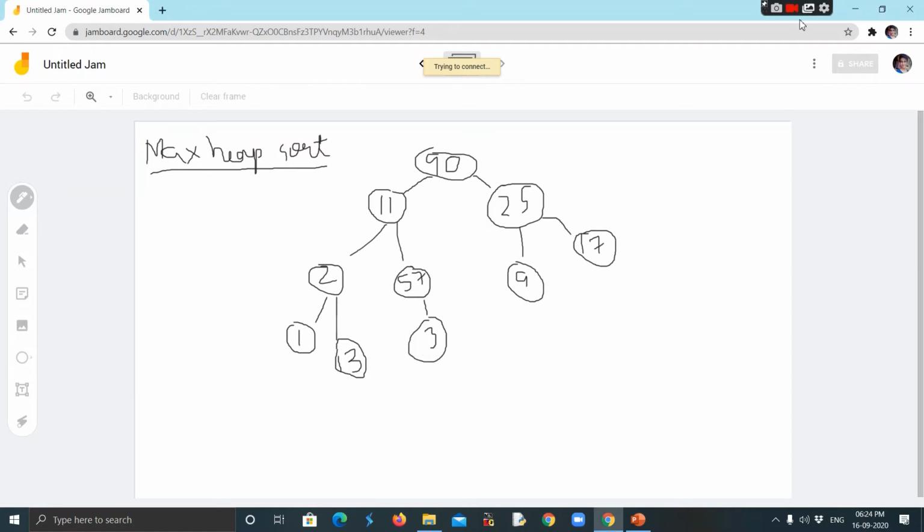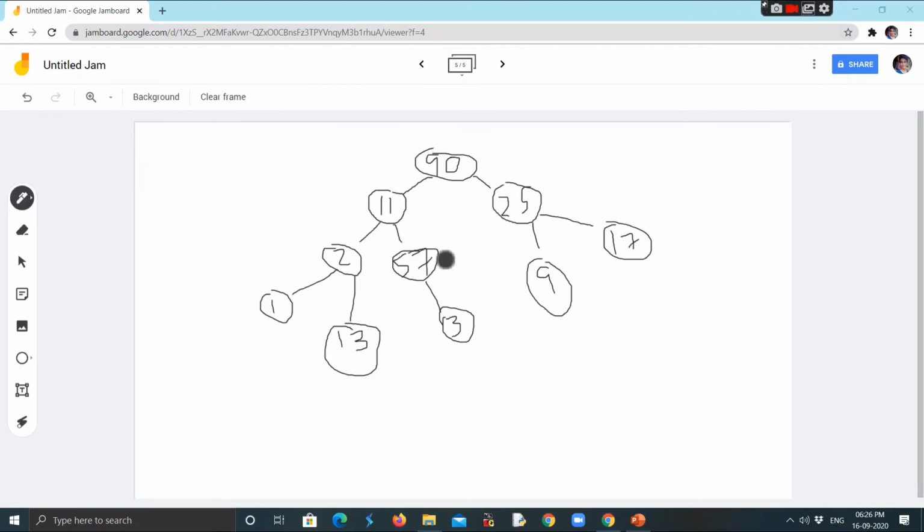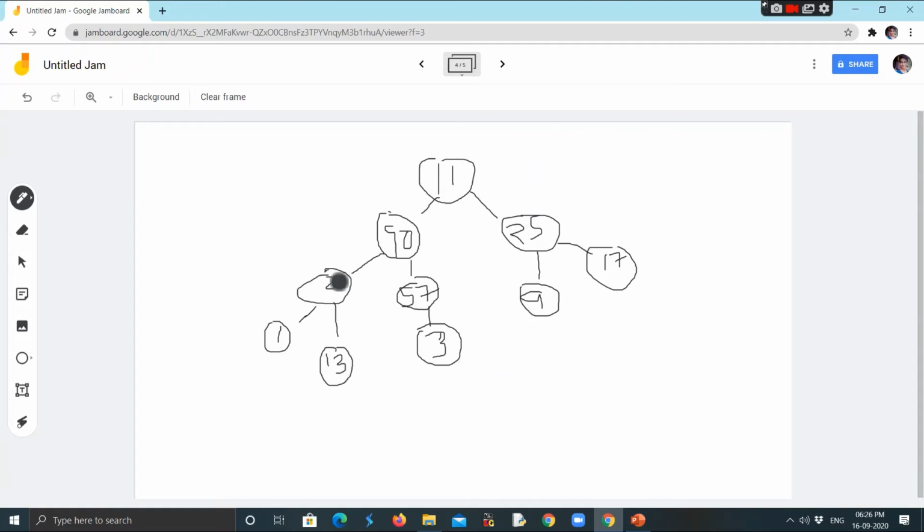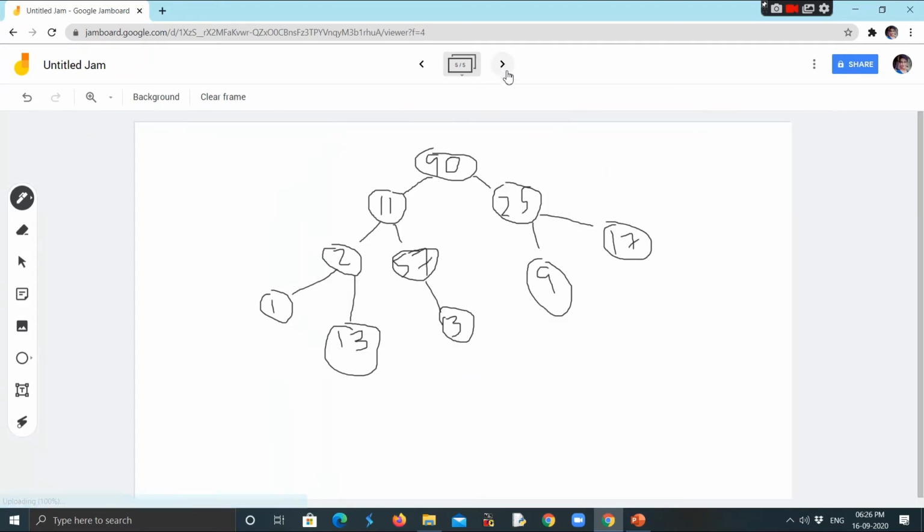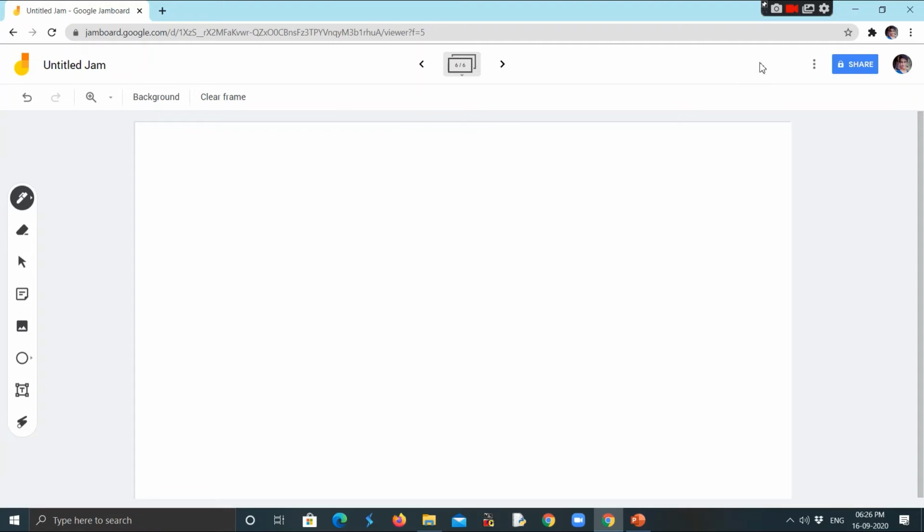So what will we do now? We have to do the heap sorting once again. We cannot call this a maximum heap just because the 57's value which is there at the third level is greater than the second level's value, and it has not been rearranged. So further we need to carry out the heap sorting process. So what we will do now, we'll first check this. Even 13 should be reaching its highest position. So you can see that even 13 has not reached its highest position. So let's heap once again. So I'll write the elements once again, that is 90.